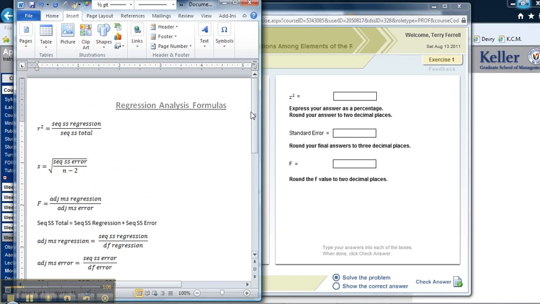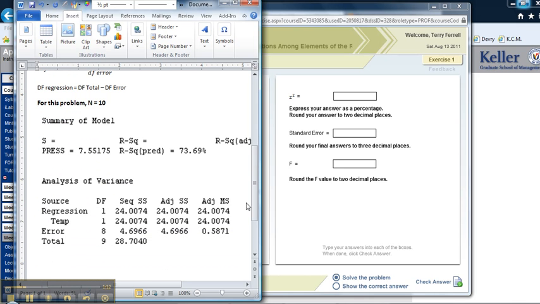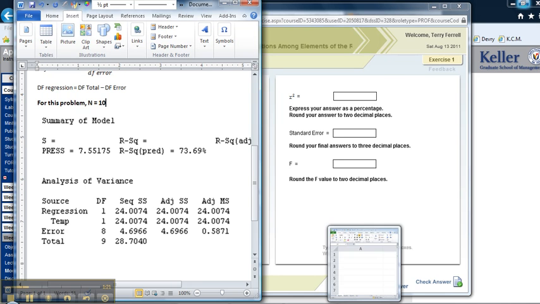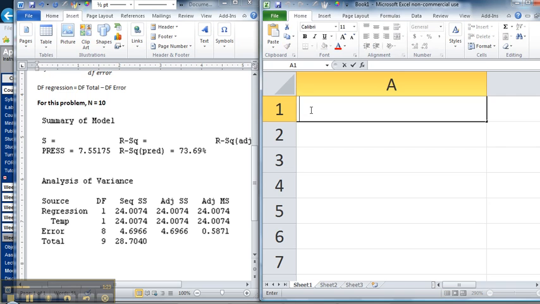So here we're going to find our R squared value from this particular output, and my R squared value comes from sequence SS regression divided by sequence SS total. To do this, I'm looking for sequence SS regression, which is this value, and sequence SS total, and you just divide it. Just plug it in. You can do all this in Excel, it doesn't matter, but I'm going to just type in